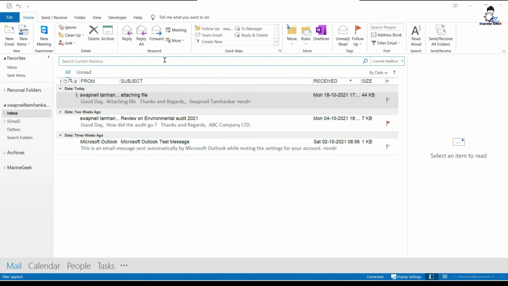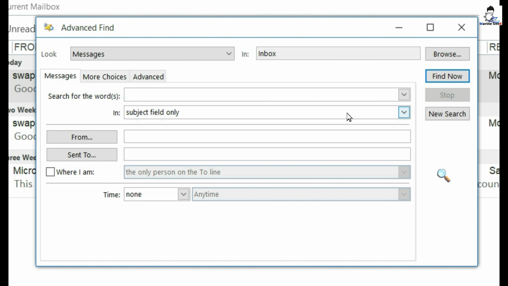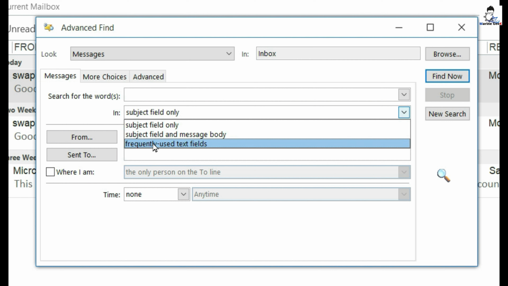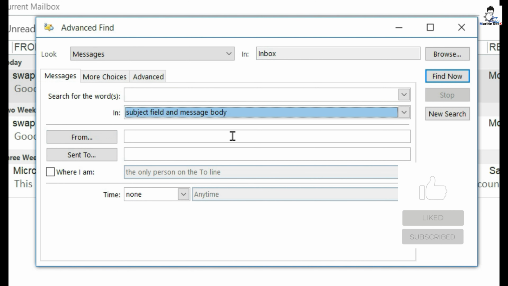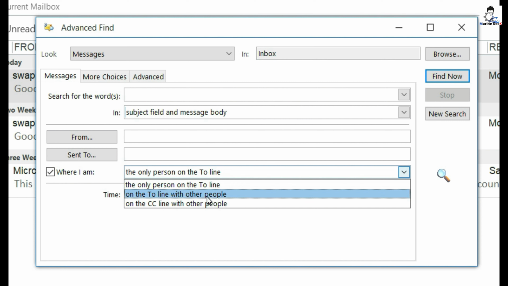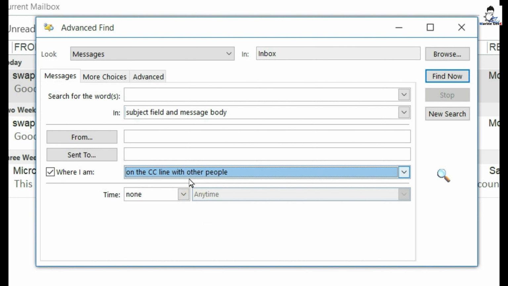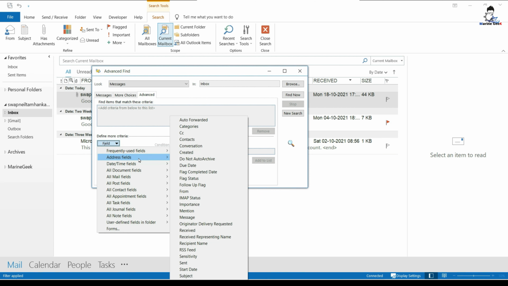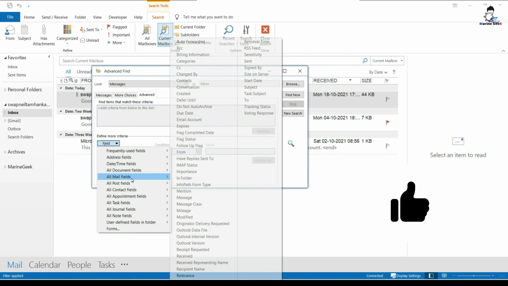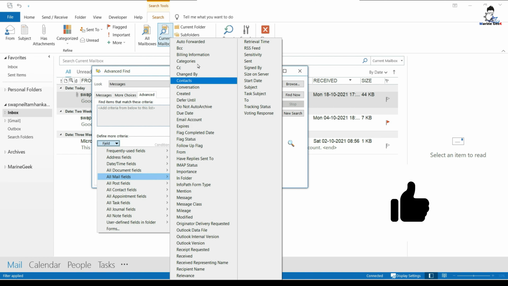You are free to write whatever you want to search, either in the subject field or message body, etc. You can search by where it is coming from or where you have sent it, whether you are the only person the email is addressed to, or you are with others in the To or in the CC, etc. Or you can have more choices over here, whether you are in the category, whether the email has been flagged in some categories, whether it is an unread one, whether it has an attachment, whether it matches some size, and you have more advanced search criteria over here, such as address fields, document fields, and mail fields, by which you can narrow down your searches.